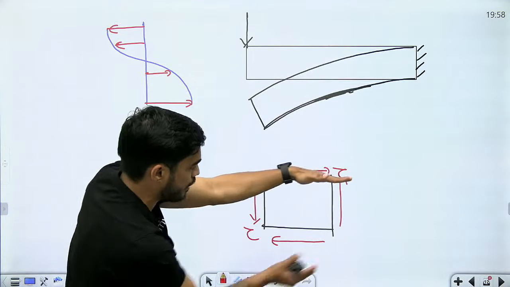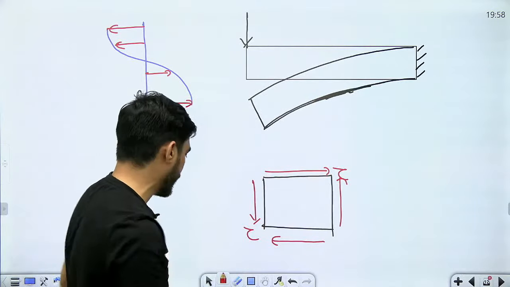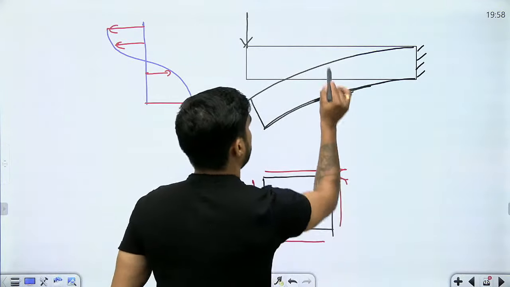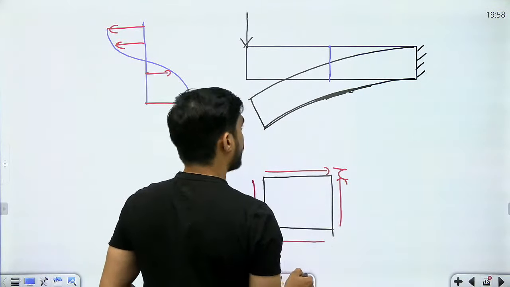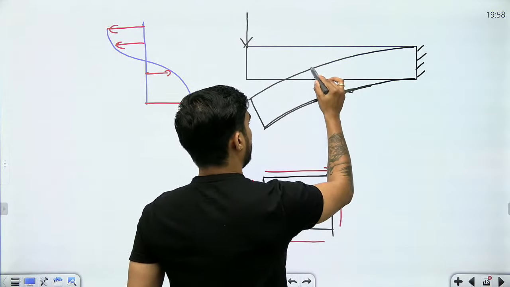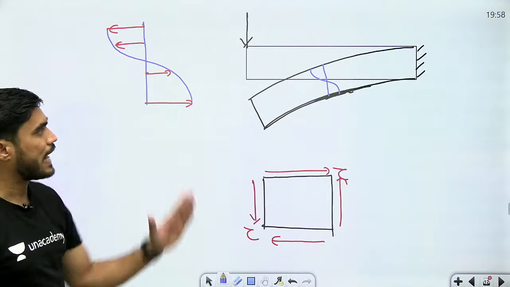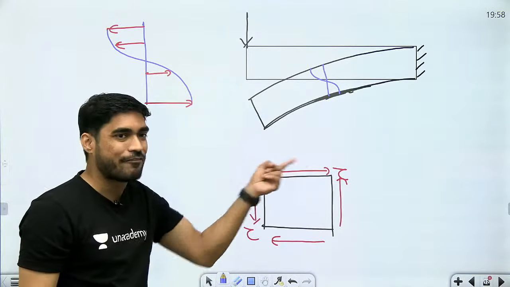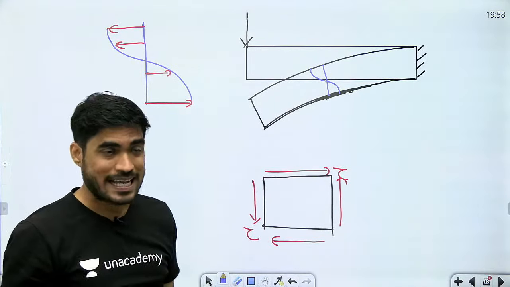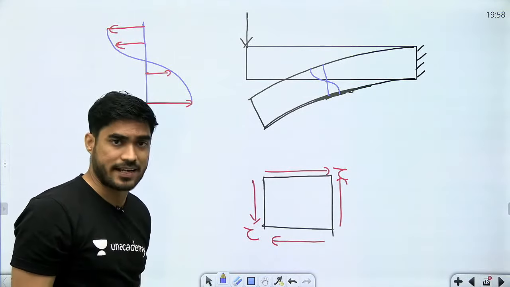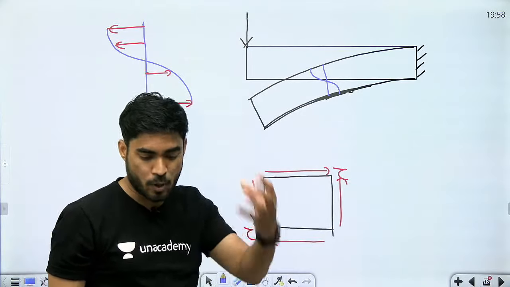So बेटा due to this shear, what is going to happen? Look at this. ये जो shear हो रहा है, इसकी वजह से क्या होगा? The top plane, bottom plane, all these planes are going to be distorted, and the cross section which was plane before bending will not remain plane after bending. तो ये जो क्रॉस सेक्शन है, it is going to be distorted like this. जो क्रॉस सेक्शन पहले प्लेन था वो डिस्टॉर्ट हो जाता है due to the effect of shear. So if you don't want this type of distribution, अगर आप इस टाइप का डिस्ट्रीब्यूशन नहीं चाहते हो, then you need to assume that there is no shear, means there is pure bending.